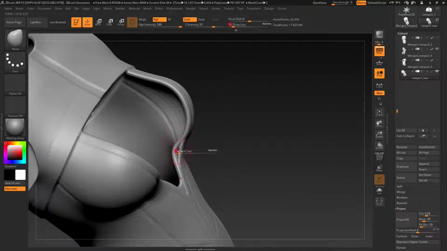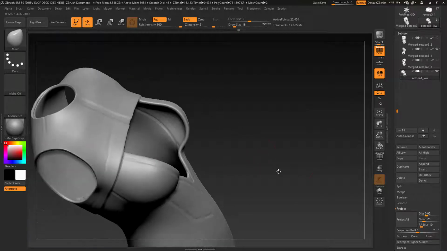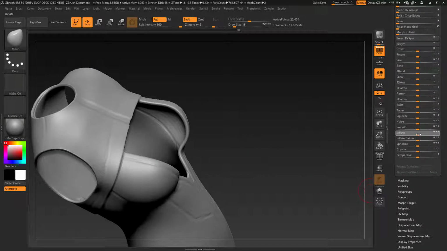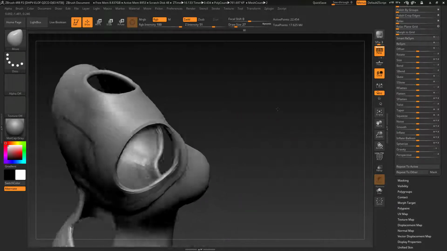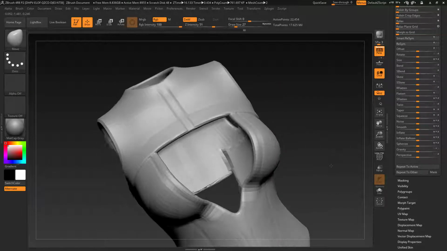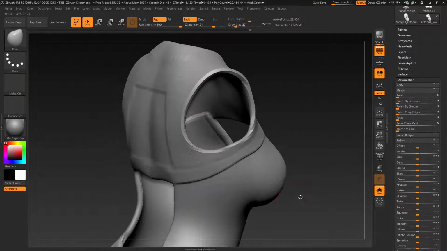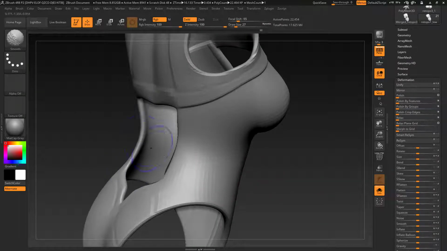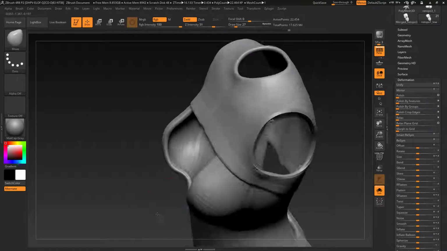So what I'm gonna do, I'm gonna move those parts to go inside to fit a little bit better, and then I'm gonna inflate my mesh, and just keep smoothing and reproject the parts where the mesh is not